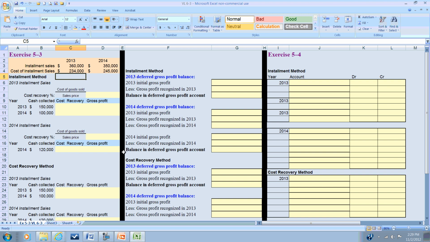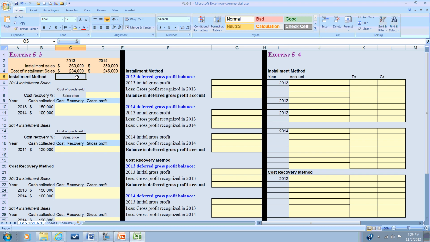We're going to use the facts presented in exercise 5-3, which are fairly simple. We have 2 years that we're looking at, 2013 and 2014. In 2013, we had installment sales of $360,000, and the cost of those sales were $234,000. So let's begin by looking at the installment method